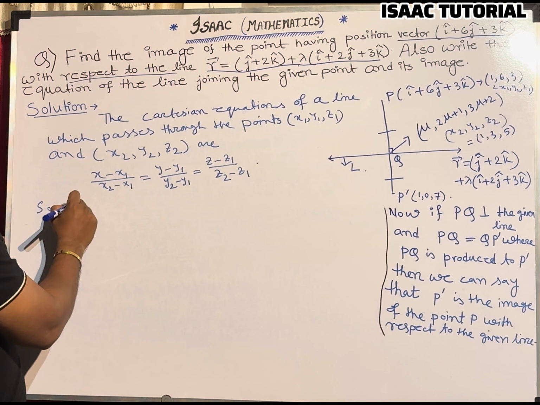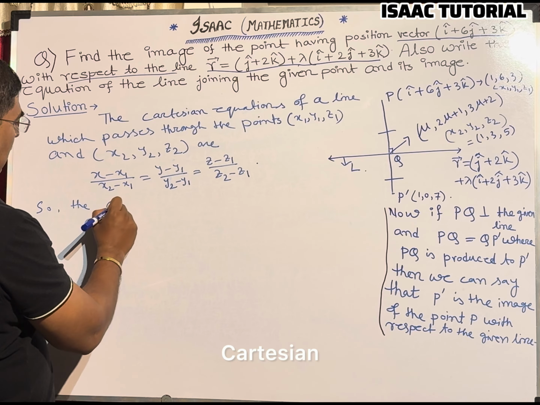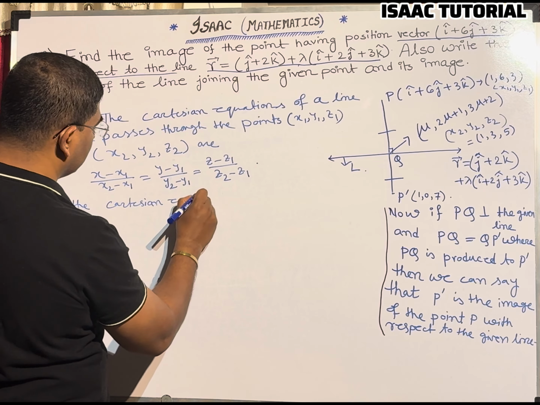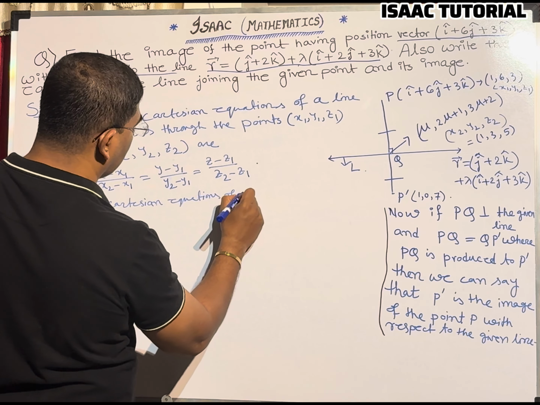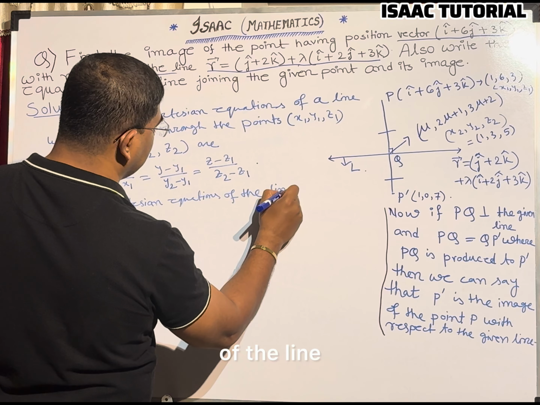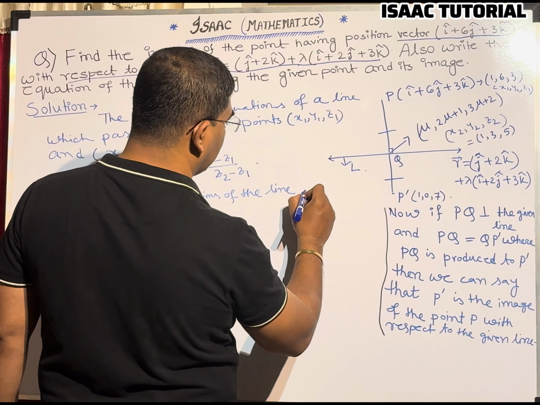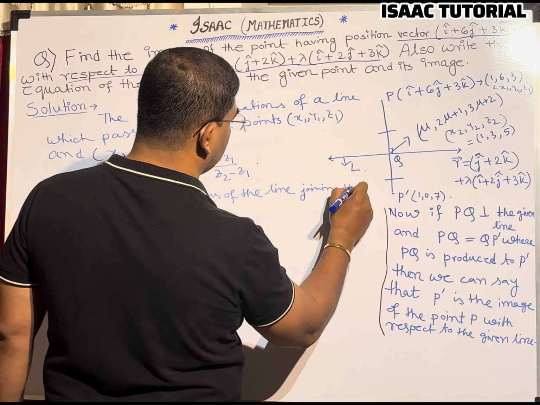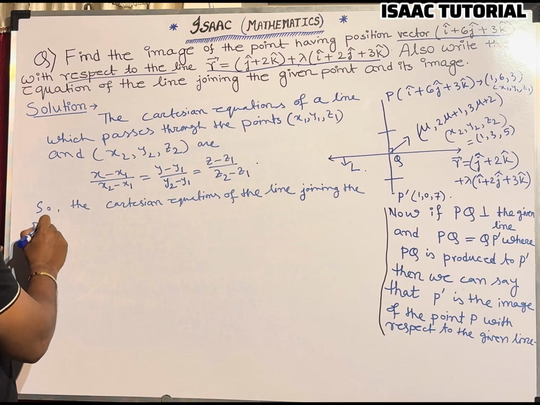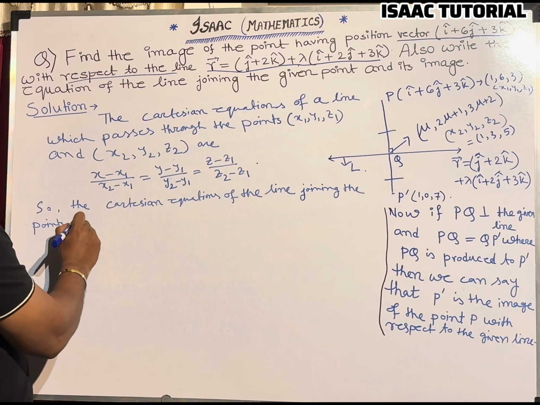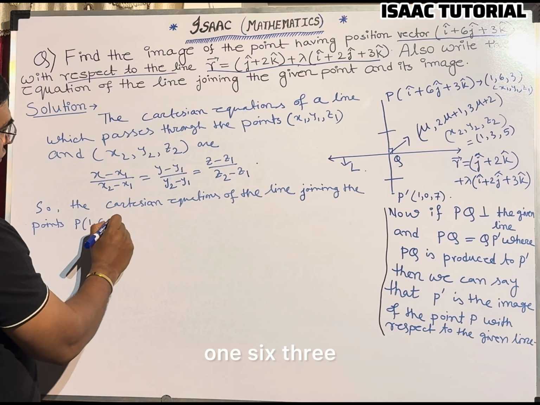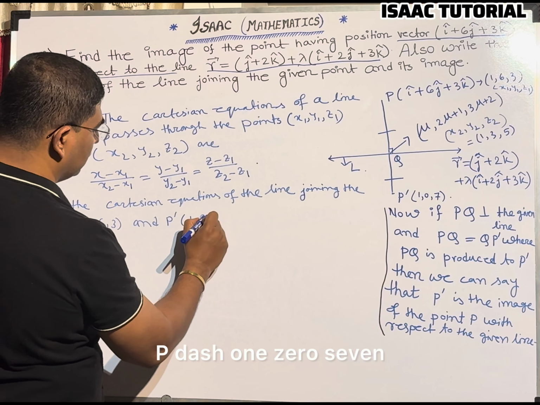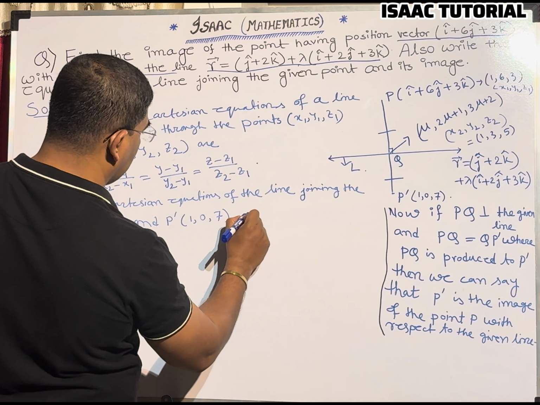So, the Cartesian equations of the line joining the points P(1, 6, 3) and P dash (1, 0, 7) are